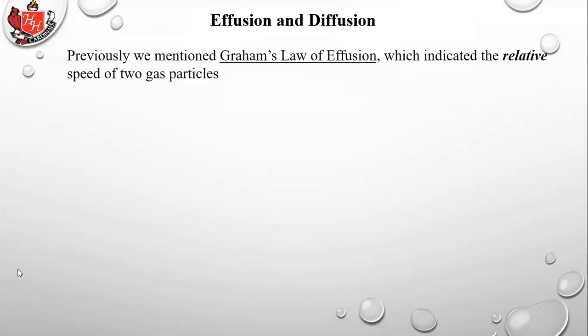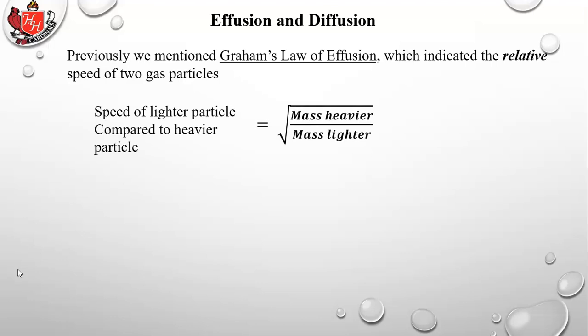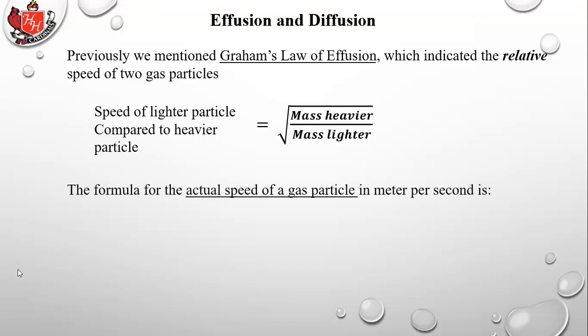Okay, a couple of terms related to gases. So previously we mentioned Graham's law of effusion, which indicated the relative speed of two gas particles. So there it is, you're seeing it there again. We saw that in the first lesson. So the formula for the actual speed of gas particles. So remember, all Graham's law told us was that